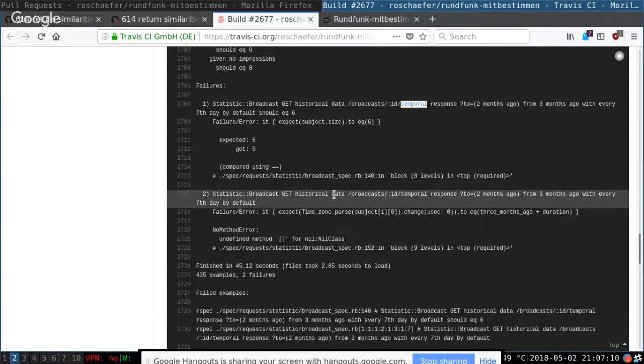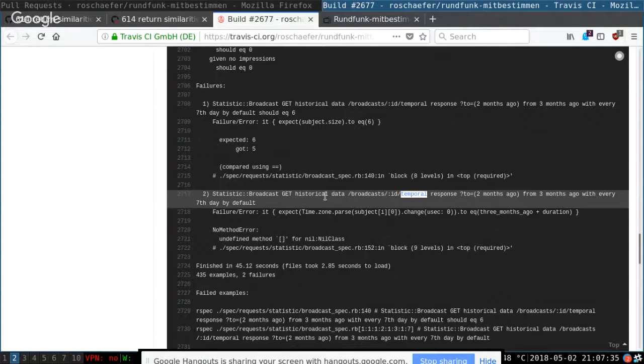So this test here, get historical data for one broadcast with these parameters. Maybe you remember we once had a feature where you could pass in a specific point in time, and then you could get the statistic data at that time.